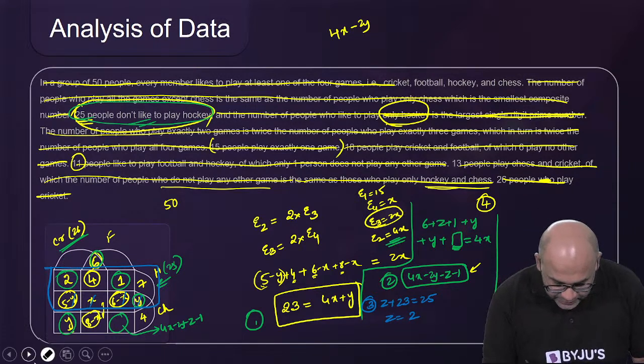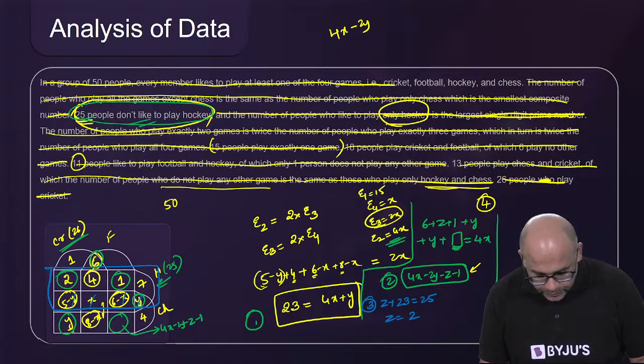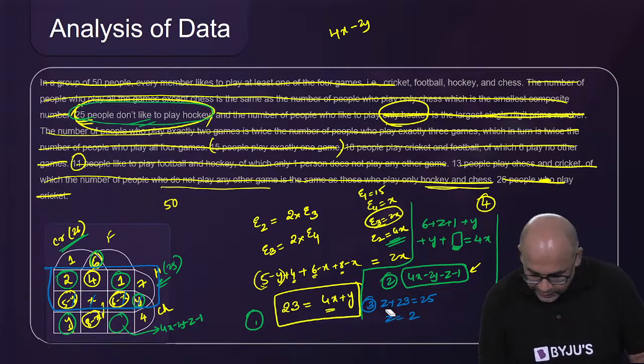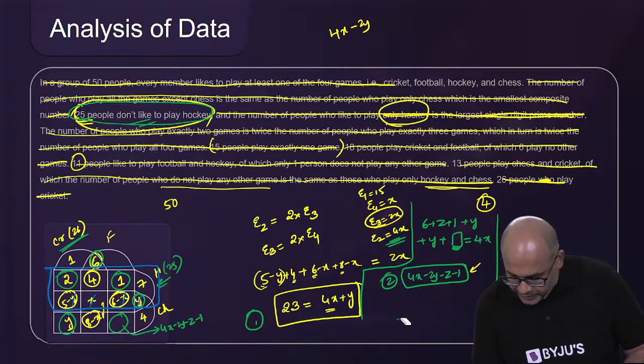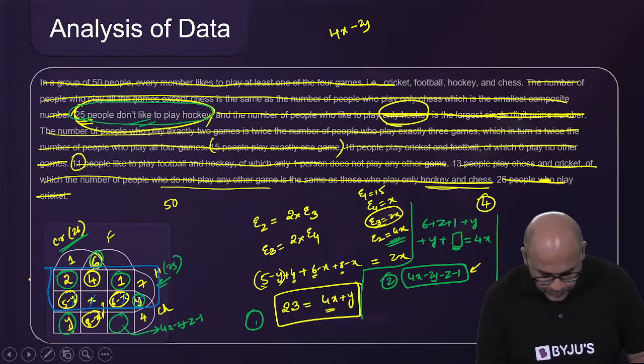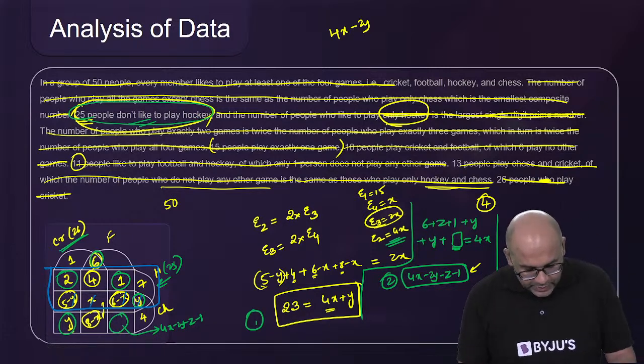3 minus z is how much? 3 minus z will be 1. Okay, then what else do we have? 4x plus y is something. Okay, so I'll just erase whatever I don't need. So I'll just erase, this part is done. Okay, so now can I look at exactly 3? Exactly 3 will be